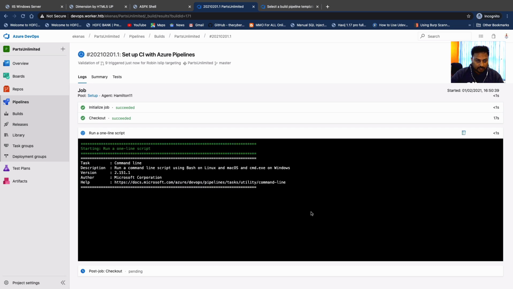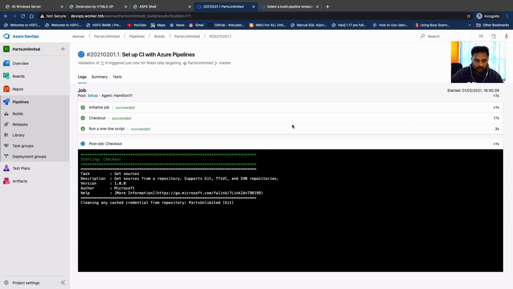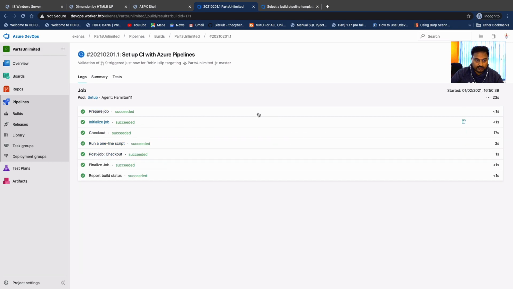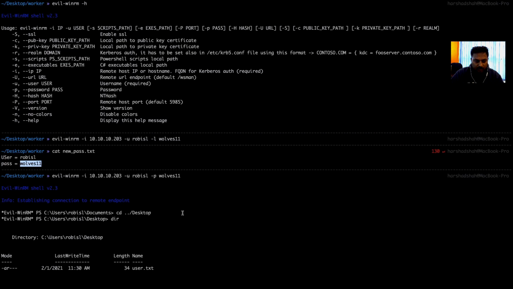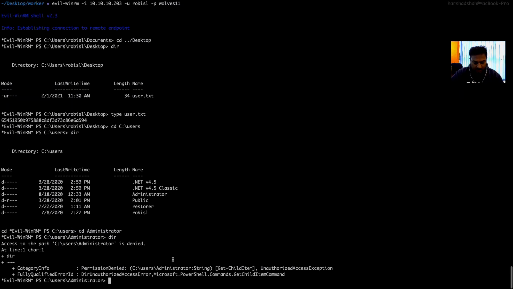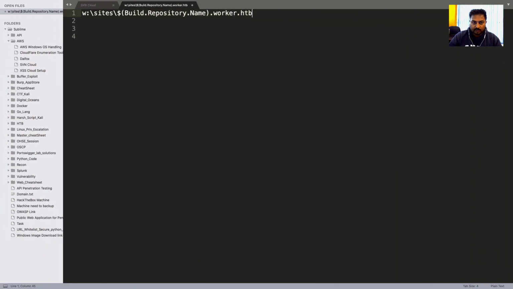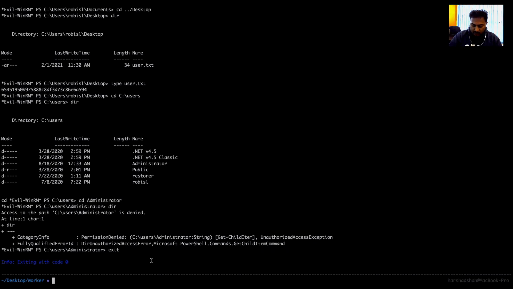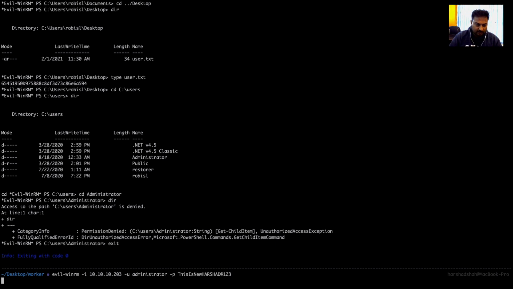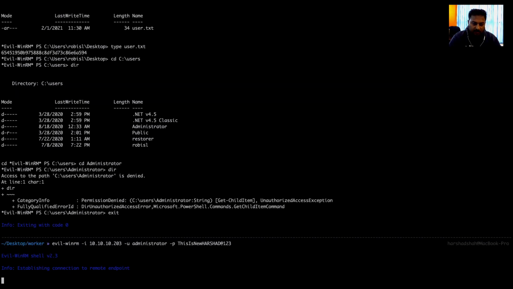I think it is done, and we need to log in using our username and the password. It succeeded, fantastic. Now we need to go to the terminal, and I'm going to exit from this section. Before doing anything I need to enter the password, so we'll remember this. We can use the same command, this time with username administrator and the password we just created, then press enter. If we log in, it means we'll get the root flag. Let's see.